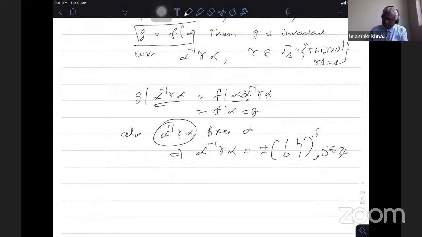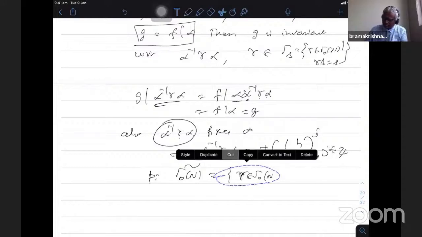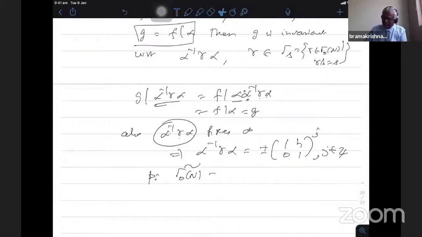So take the projection, which is gamma 0 n tilde, the set of all gamma in gamma 0. This is nothing but the lifting of this group to G, because I have to take phi s to be J gamma s. Then P is the projection from this to gamma 0 n.